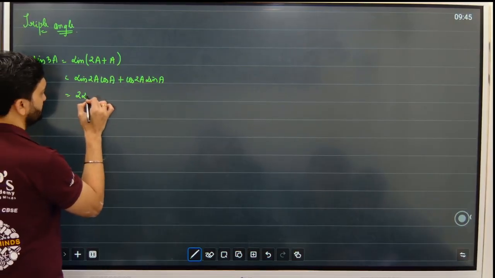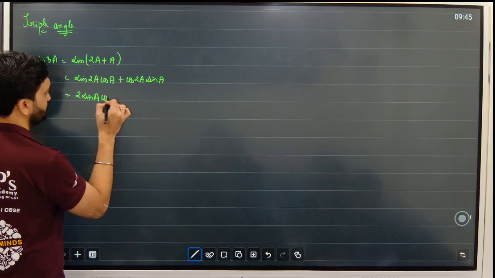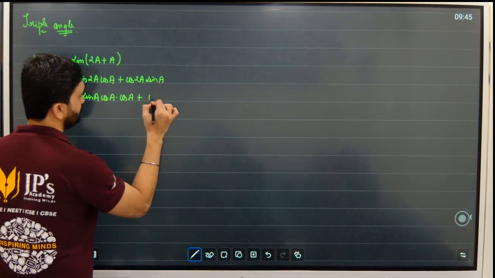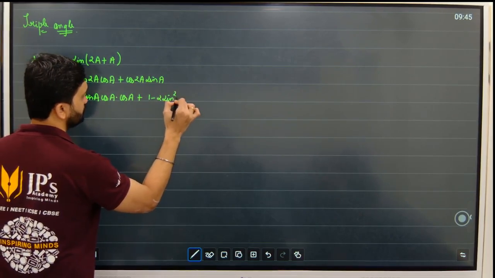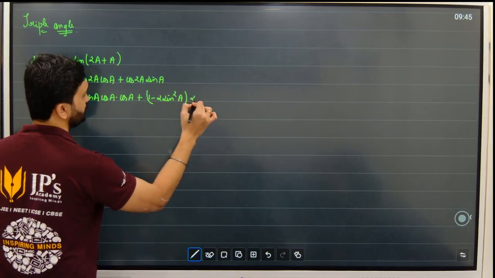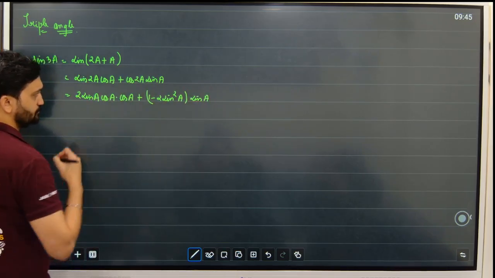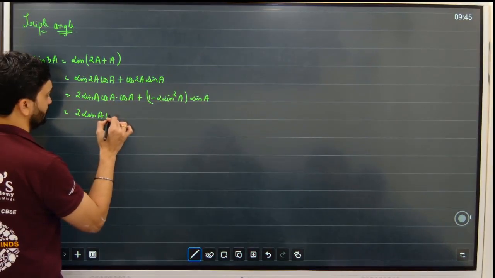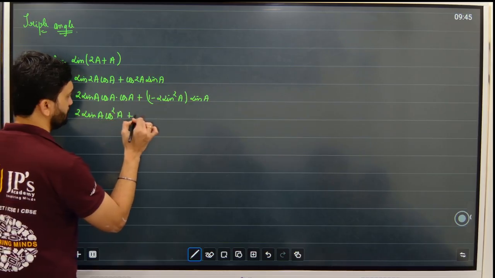Sin 2a is 2 sin a cos a into cos a plus (1 minus 2 sin square a) into sin a. We know the cos 2a का formula. This will become 2 sin a cos square a plus sin a